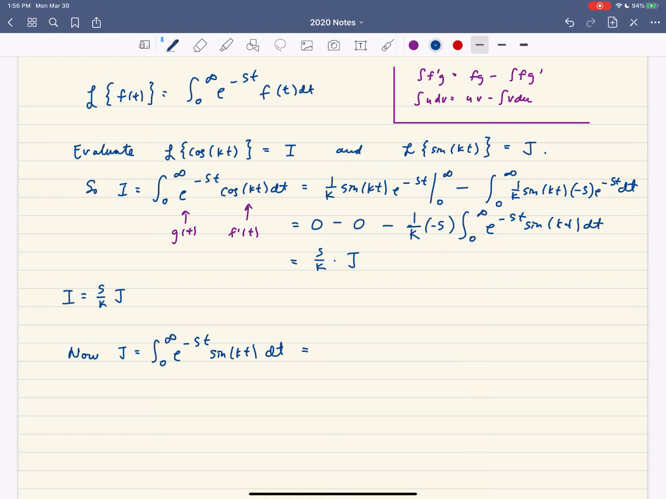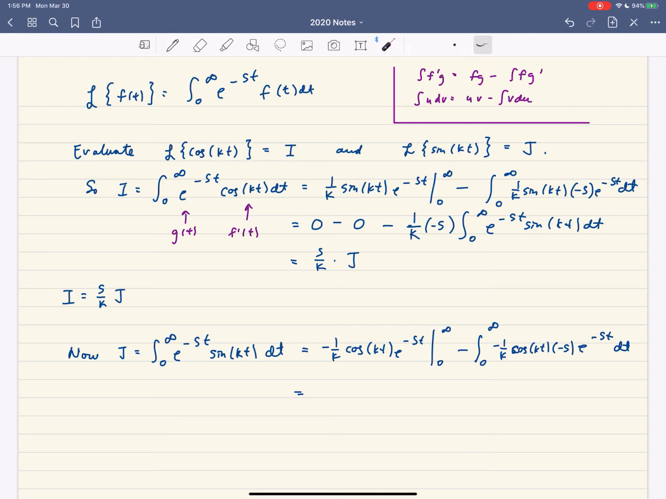We're going to end up with, let's see, if we integrate sine of kt, so I'm thinking of sine of kt as our f prime. If we integrate that, we're going to end up with negative 1 over k cosine of kt, and then that's times e to the negative st. That's from t equals 0 to infinity, minus the integral from 0 to infinity of negative 1 over k cosine of kt times minus s e to the negative st dt. And so that means that we're going to end up with, let's see,